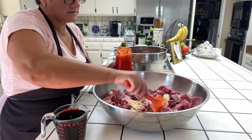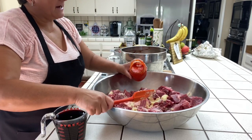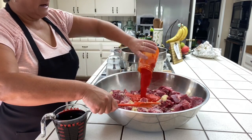It's fresh, and it didn't go bad, and it lasts me for quite a bit. In here I have my malagueta. This is the one I make. I buy the pepper,